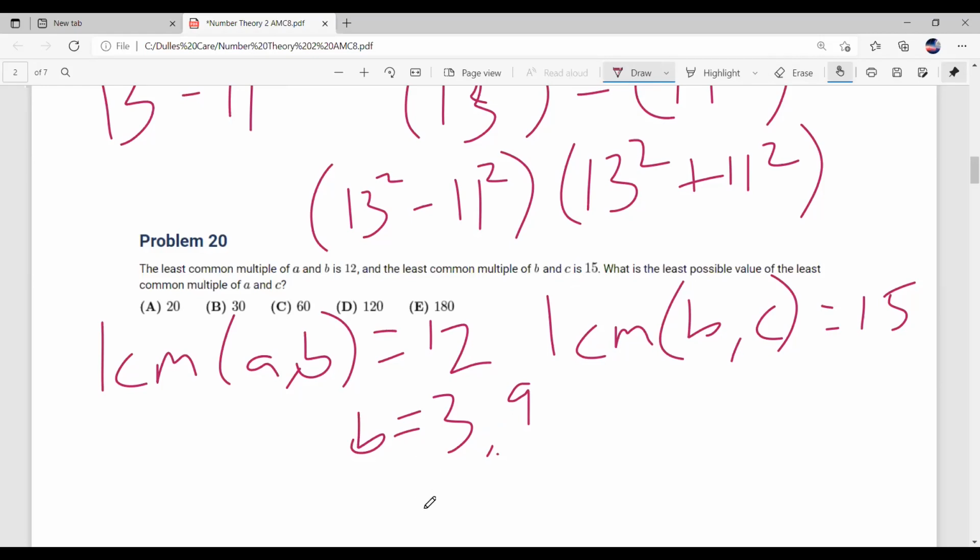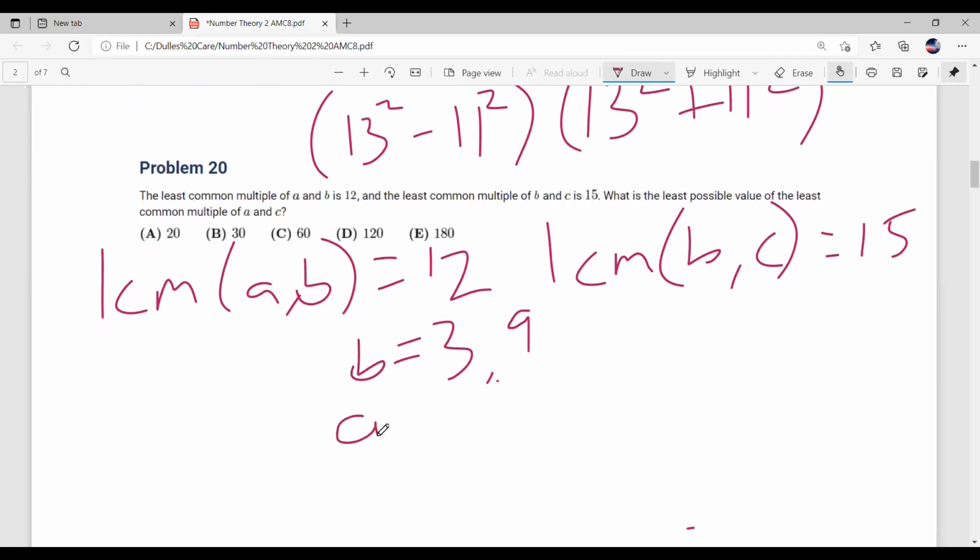All right, anyways, moving on. We know that A has to be even because if B is odd, then where does the factor of 4 come in? So A is equal to 4n basically. Could be 4, it could be 8, it could be 12 for all we know. And now let's look at what C is equal to. C is equal to 5 something. The smallest possible value for A is 4, the smallest possible value for C is 5. So then the LCM of 4 and 5 is